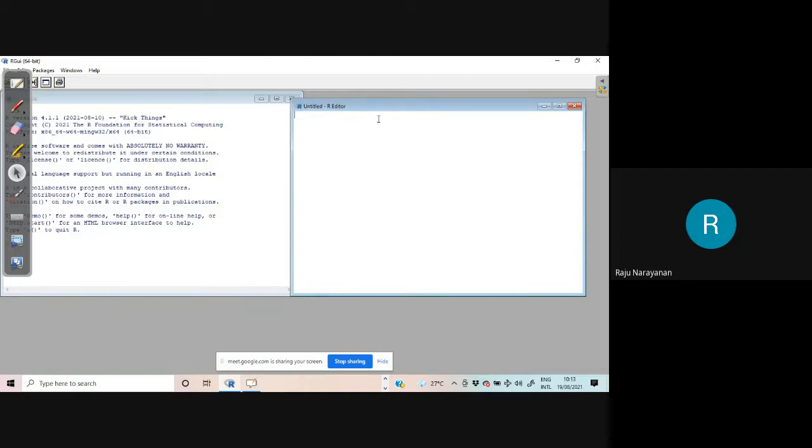Let us consider the number of students in Calicut University. It is dummy data. For year, use c(), and either you can use c() with values or you can use 2015 to 2020. Therefore, what are the values for year? 15, 16, 17, 18, 19, 20.